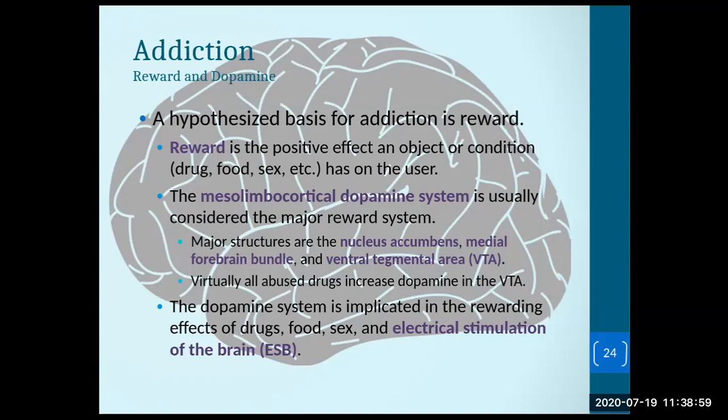and we even see it in electrical stimulation of the brain. I think I have provided a video. If not, I will put it up on the course webpage about looking at electrical stimulation of the nucleus accumbens. And there was a video from the 1950s where there was a female who had an electrode implanted in the nucleus accumbens, and when it was